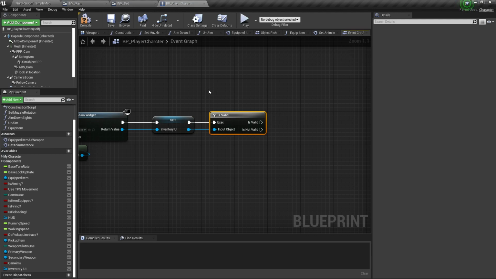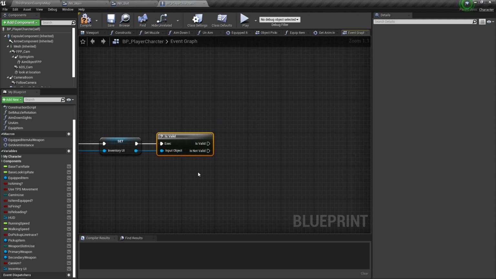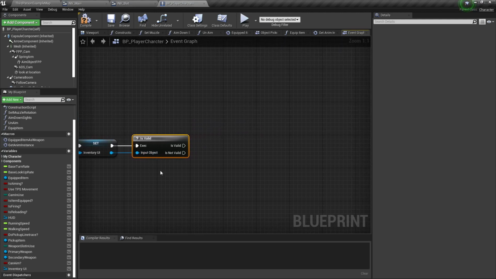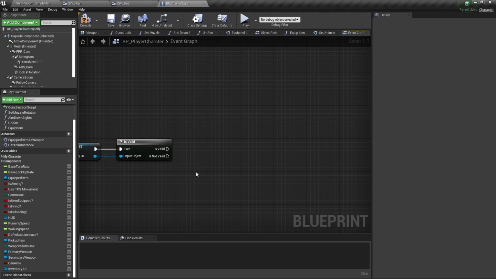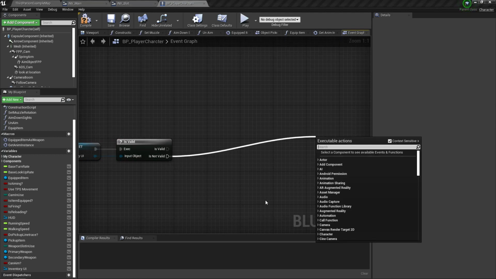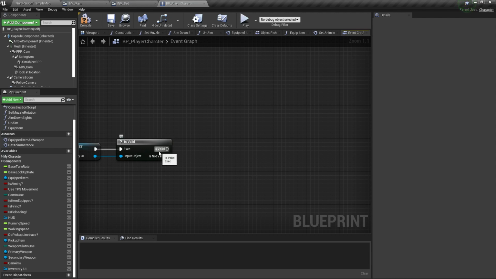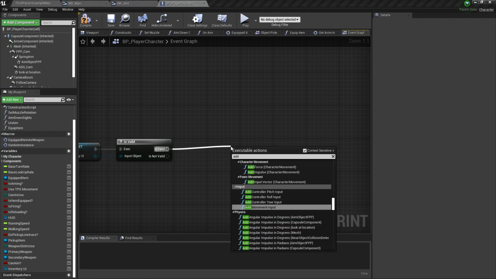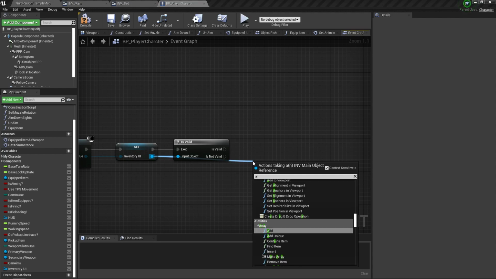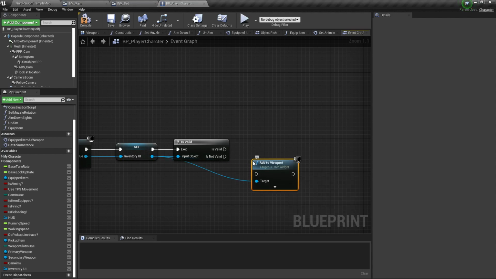Mostly it's not going to crash your game, but it will dump a crap ton of errors, and you're going to be like, why am I getting these errors, and if you're not good with debugging, this just saves you the trouble. It's like, well, it's not here, I'm not going to even try and reference it. So of course, if it's not valid, you'll continue on with the rest of your begin play logic, and if it is valid, we need to add to viewport, drag off of here and add to viewport,